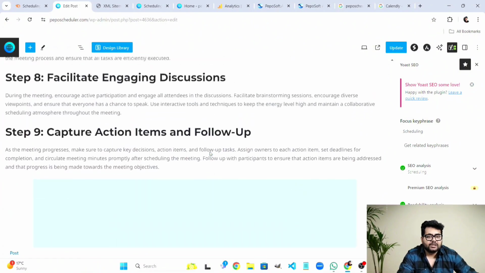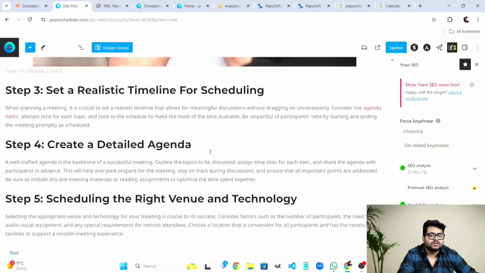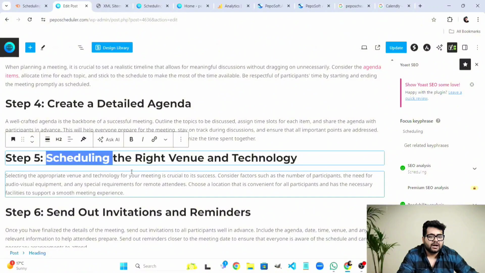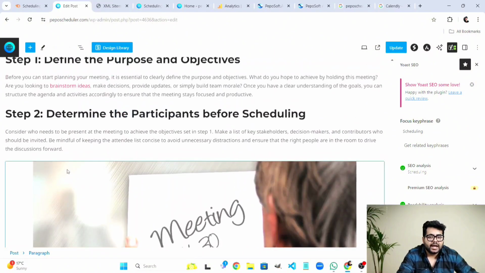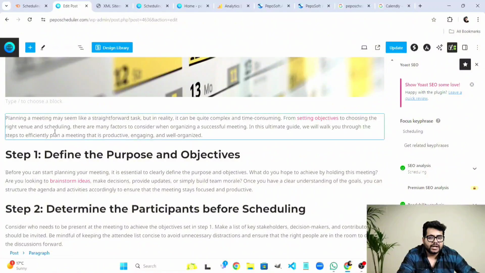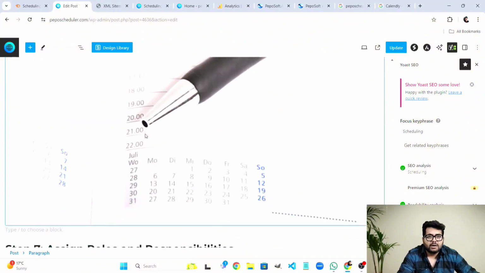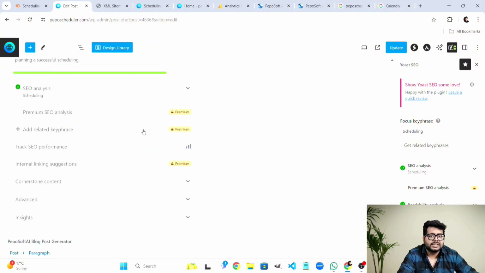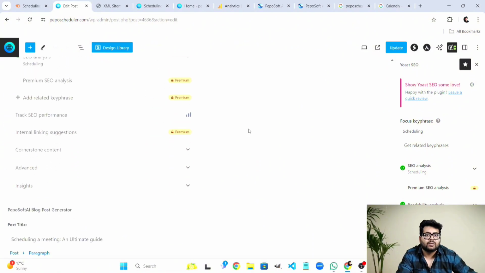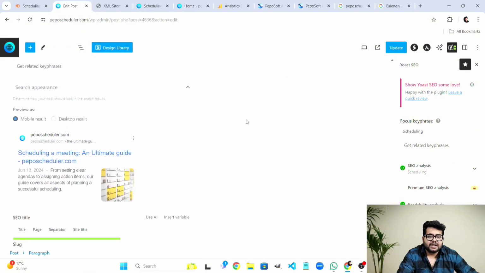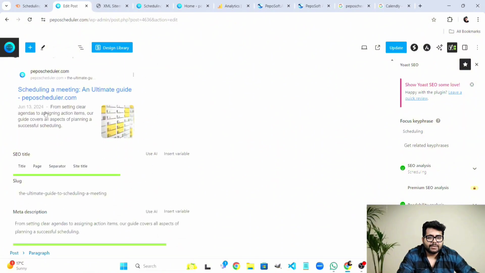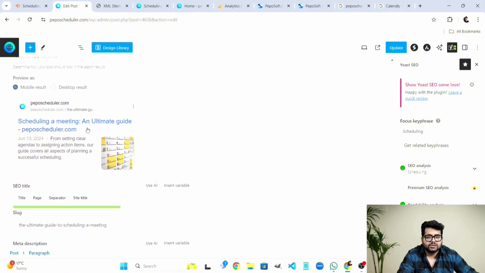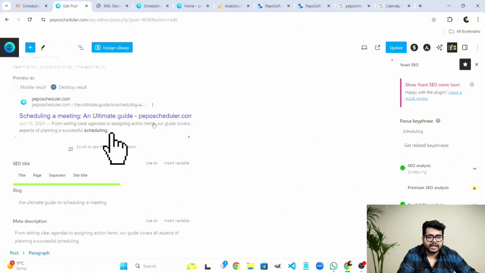And in those blogs, I'll be including those keywords. So look at this. I have included the scheduling keyword in my blog over here. And as you can see, in each paragraph, I've included my keyword. By including keywords like this, you can make your blog post SEO optimized. Having said that, we should also set up a meta description for our post here. So when the Google search results show up, it shows up like this, and there is a small meta